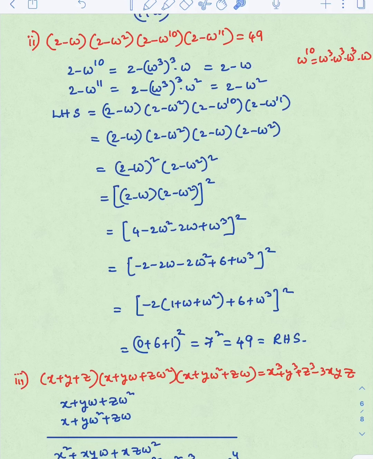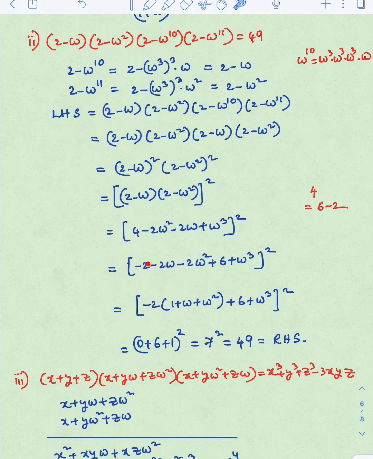Next step, minus 2 omega square are there. And this omega cube is kept the same. And here also we want minus 2. So 4 is written as 6 minus 2. 6 minus 2 how much? 4. So 4 is written as minus 2 plus 6. Minus 2 plus 6. Why? Because minus 2 is taken common in the next step. That's why. And here omega cube same, whole square.